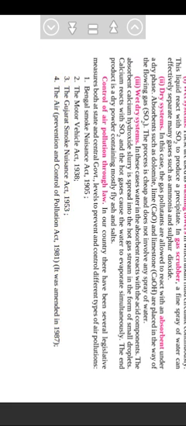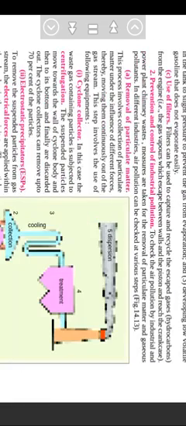Figure 14.14. Various possibilities to control